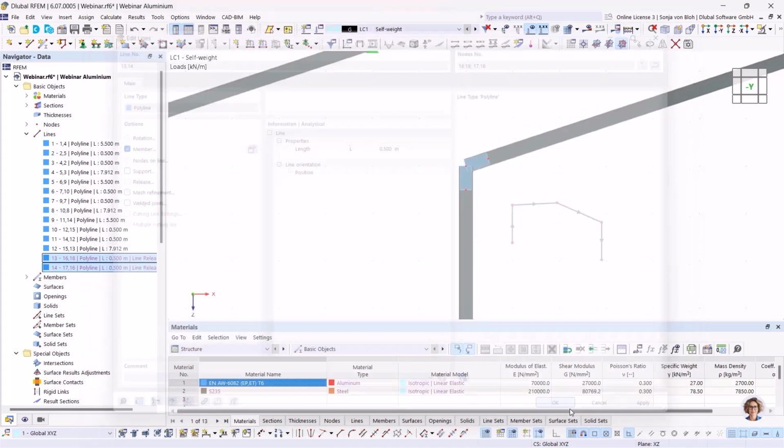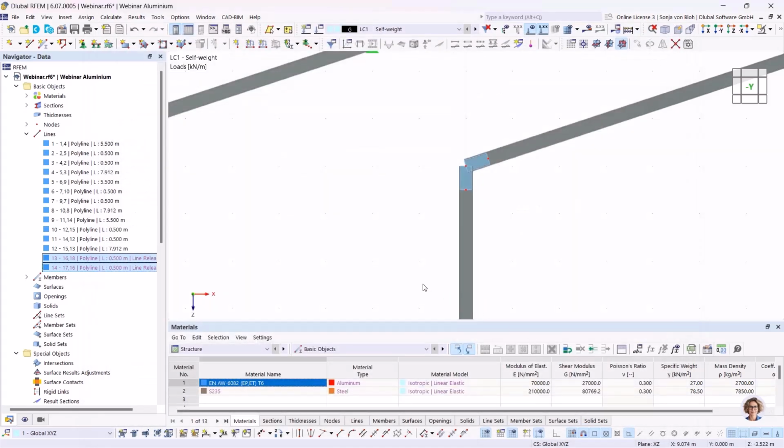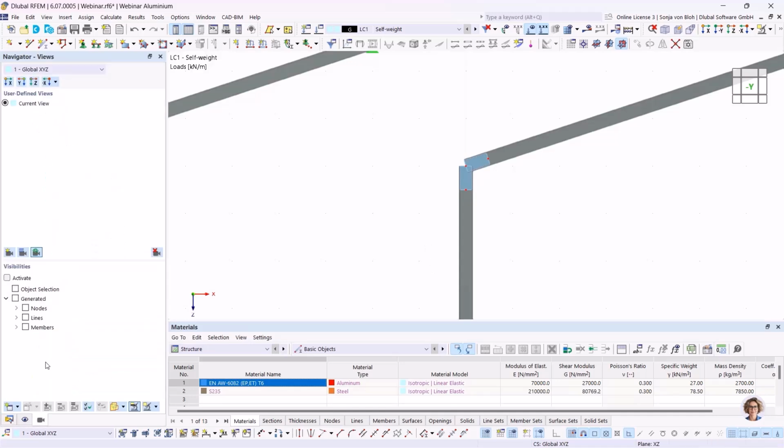And now the member is applied on this line. To ensure that the aluminum cross sections are all connected to one another, they must be defined using the original nodes. The steel cross sections must be defined using the released nodes. I control this using visibilities. For this, I go to the Navigator Views and